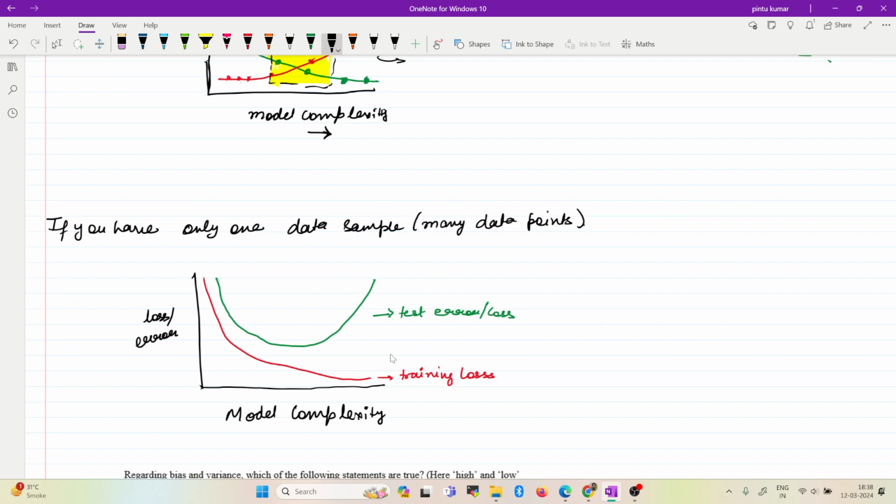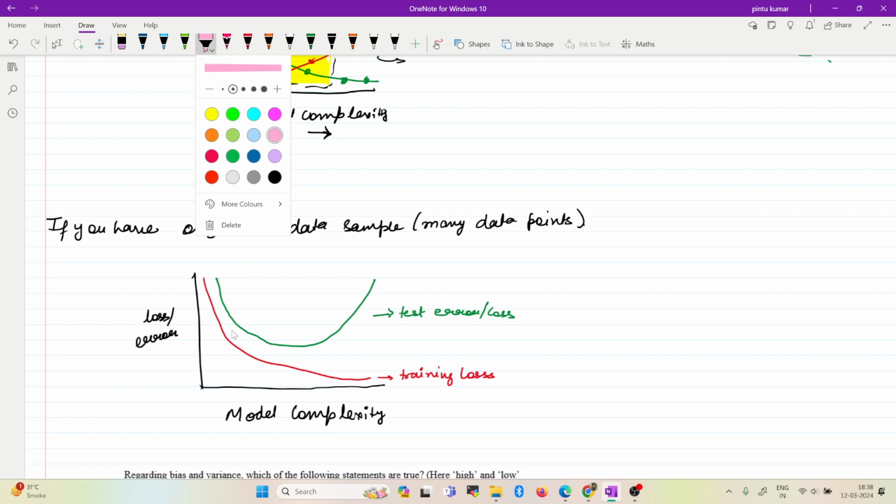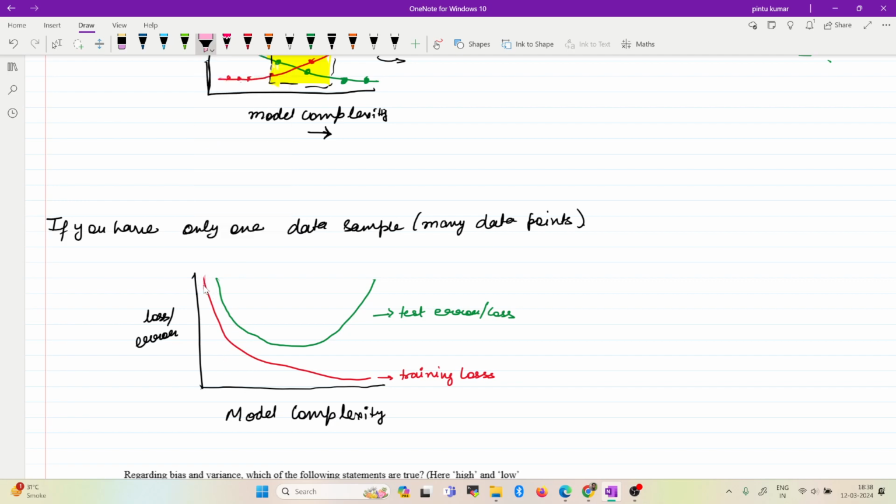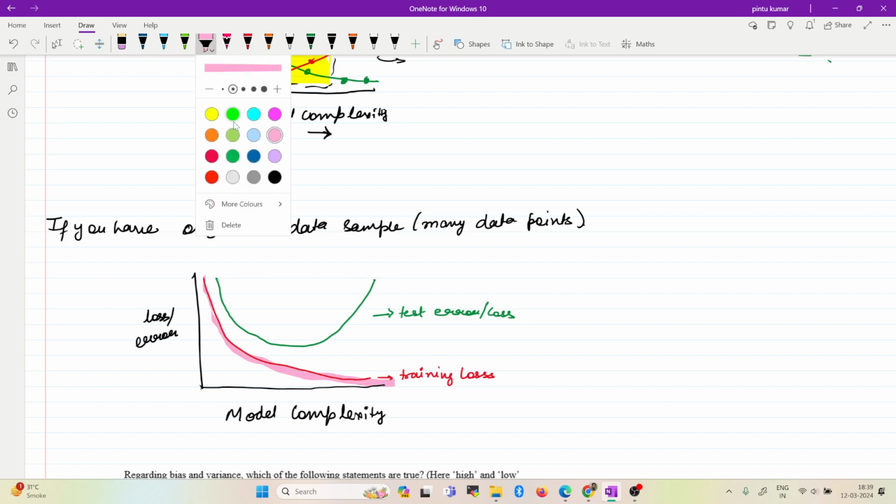There is one more plot. This was present in the slides also. When you increase the model complexity, look at this red line. What is happening is that you are fitting well, and your training error is decreasing, and it decreases to a very small value. But what happens to your